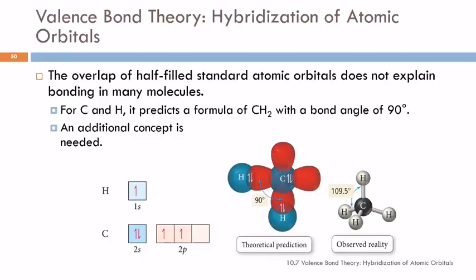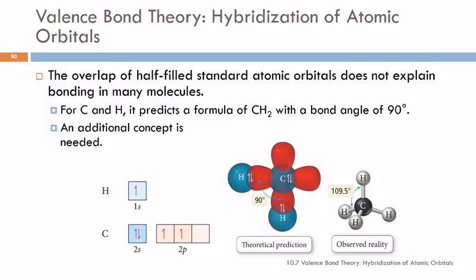When we look at this valence bond theory with methane, we begin to have more of a problem. So looking at carbon and hydrogen. So here is carbon's valence electrons. We've got 2 in the 2s orbital, and we have 2 half-filled 2p orbitals. Hydrogen, as always, has a half-filled 1s. So just the simple overlap would predict that one hydrogen